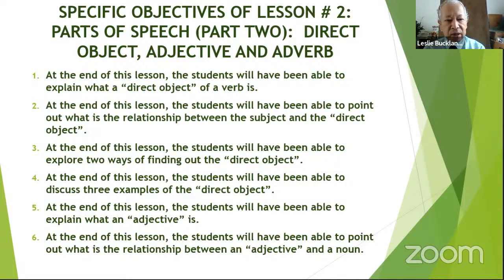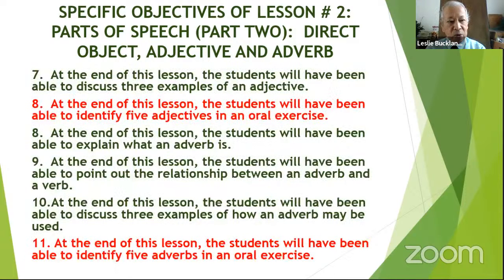of the direct object. 5, at the end of this lesson, the students will have been able to explain what an adjective is. 6, at the end of this lesson, the students will have been able to point out what is the relationship between an adjective and a noun. 7, at the end of this lesson, the students will have been able to discuss 3 examples of an adjective. 8, at the end of this lesson, the students will have been able to identify 5 adjectives in an oral